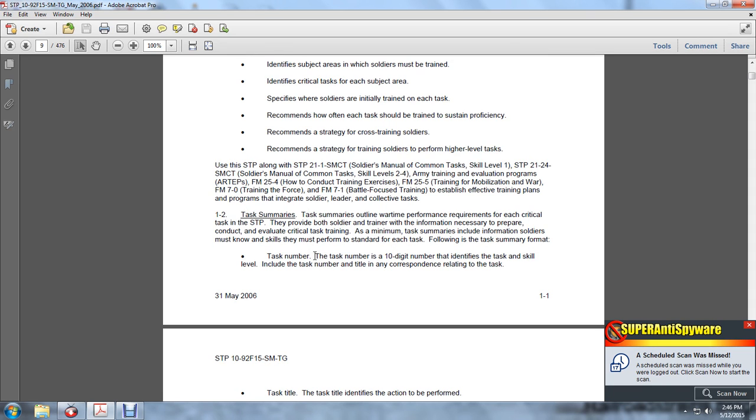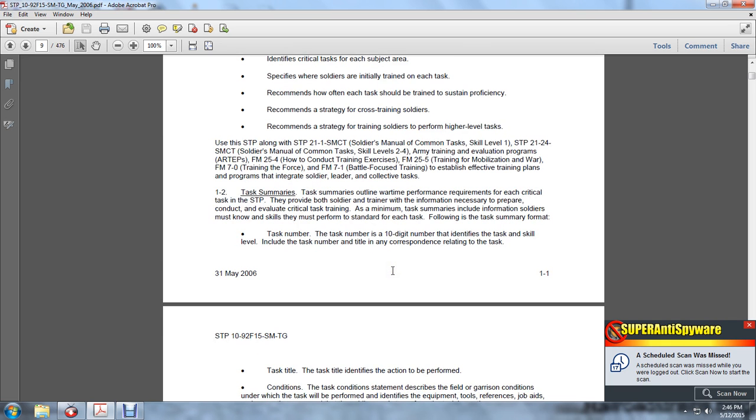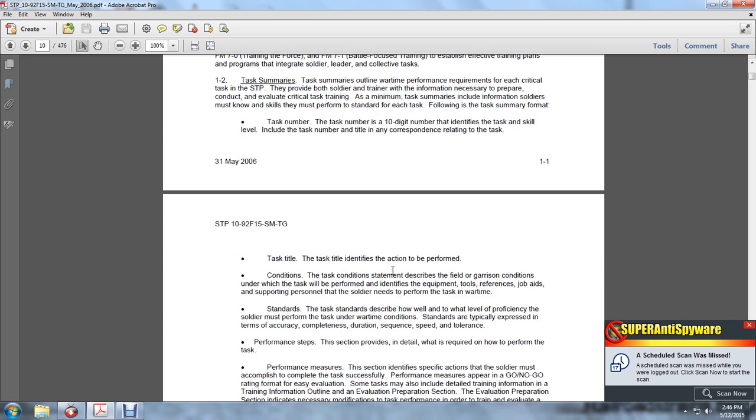The following is the task summary format. The task number is a 10-digit number that defines the task and skill level and includes any correspondence relating to the task. Task title. The task title identifies the action performed. The task conditions set up and describe the field or garrison conditions under which the task is performed,